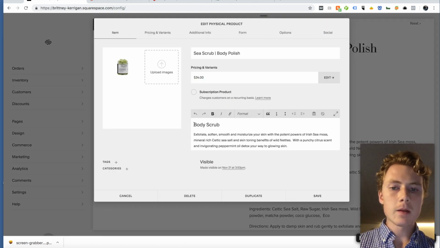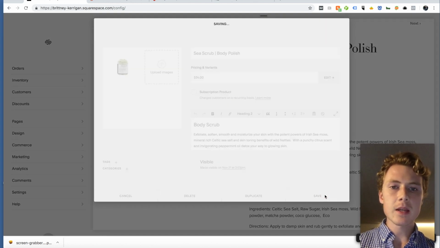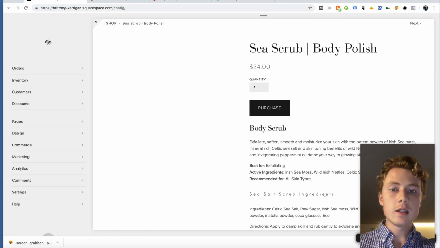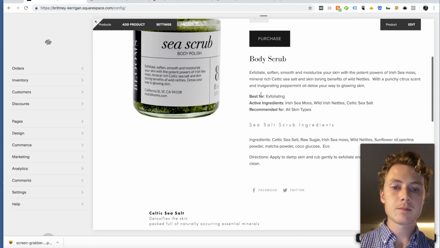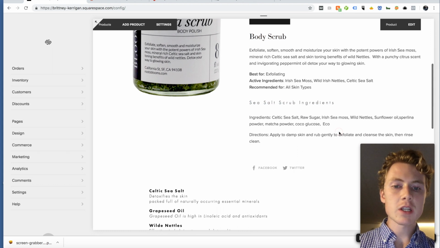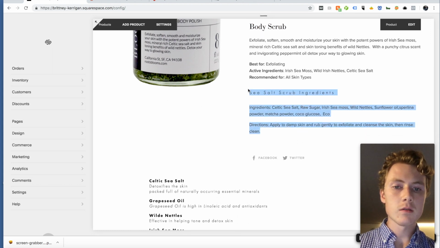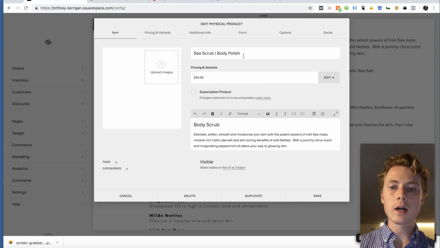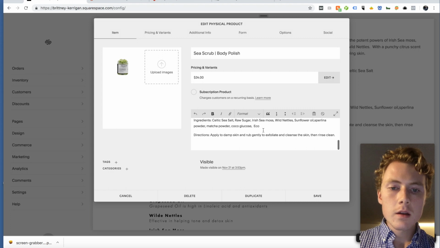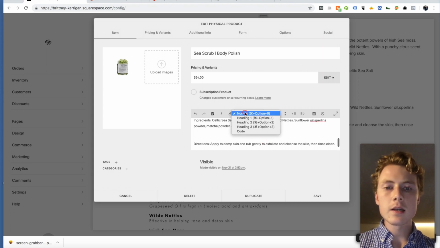I mean, it really depends on your site, but in this case, having the header for the content larger than the actual title of the product did not make any sense. So here you can see not only are we getting in our SEO terms, but this also breaks it up nicely for our clients. And I'm actually going to go ahead and say